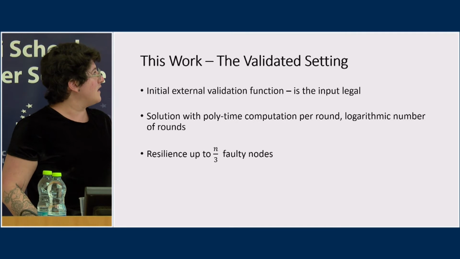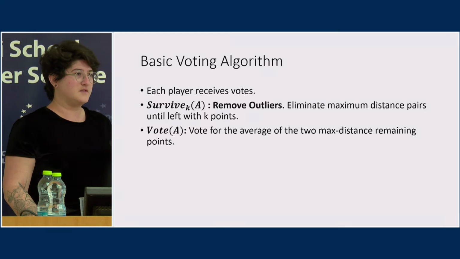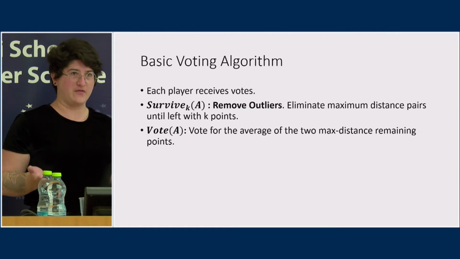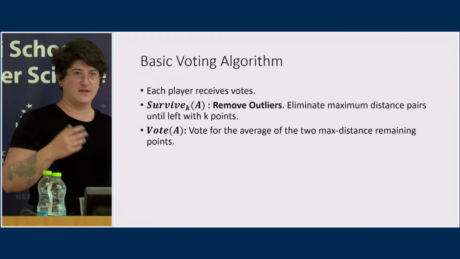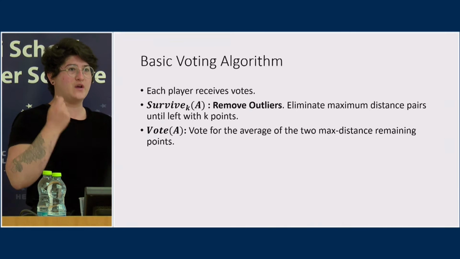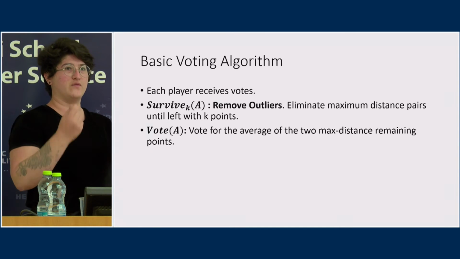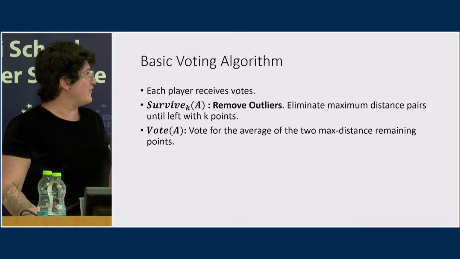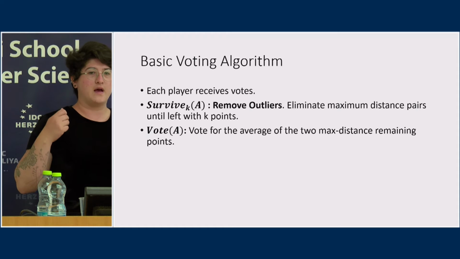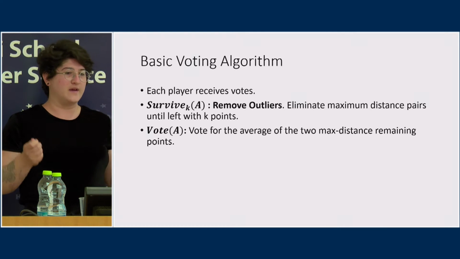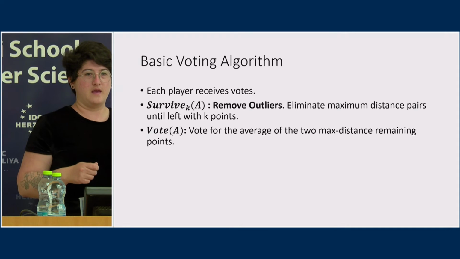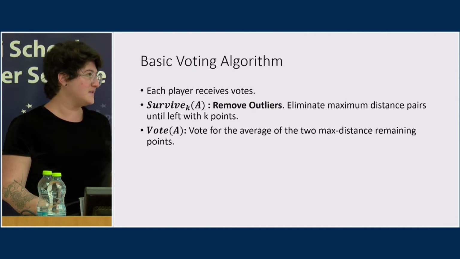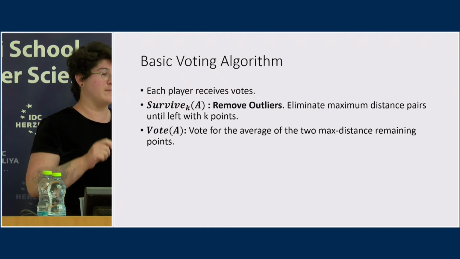Okay, so let me tell you a little bit about how this works. So the setting is that every player waits to get the votes of other players. When it gets n minus t, where t is the number of faulty players, it starts calculating its own vote, and when it calculates its own vote, it sends it to everybody else. And the calculation is done through a procedure which we call survive k, which means if I am a player in the game, I wait to see enough votes, then I remove outliers in pairs, which means I find the max distance pair and remove it, and I do this over and over again until I'm left with at most k points. And once this happens, I vote for the middle point, the middle point between the max